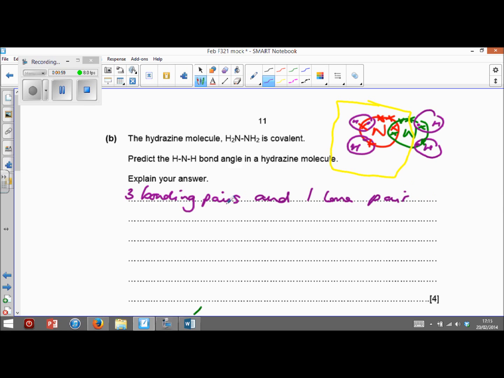Okay, you've got 3 bonding pairs and 1 lone pair. That gives you a bond angle of 107 degrees. That should be shouting pyramidal to you, 107 degrees, okay? And then you just need to write lone pairs repel more than bonding pairs